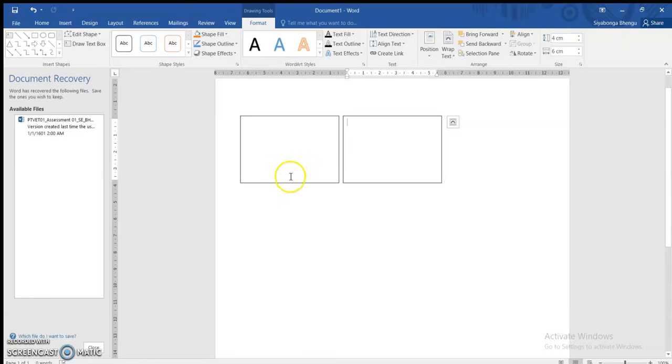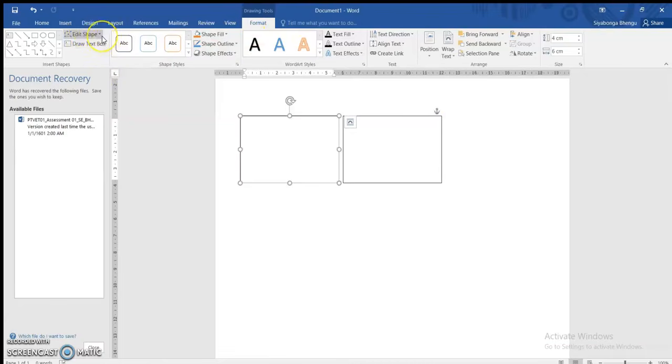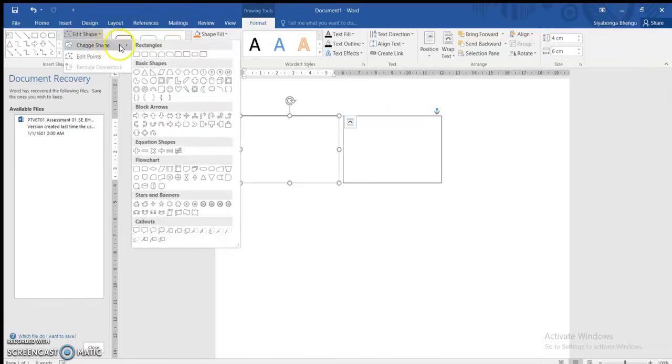Now, for the purpose of any assessment or task, whenever you've been told to change the shape of your text boxes, it is only a matter of selecting the text box and then going to Edit Shape. Your Edit Shape will be available on your Drawing Tools Format tab or ribbon, just here. You drop down the arrow for Edit Shape and then choose Change Shape. You can choose any shape as per the instruction that you are given. I'll just take this one for instance,